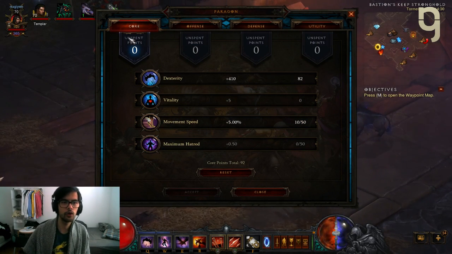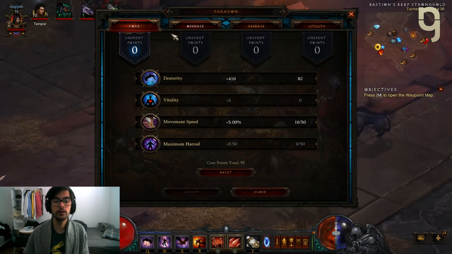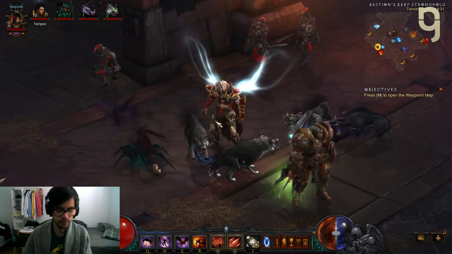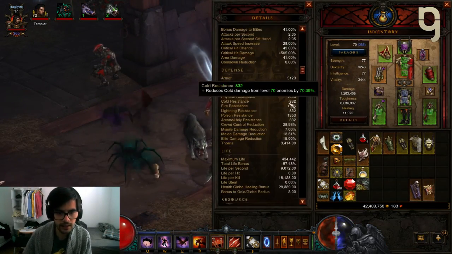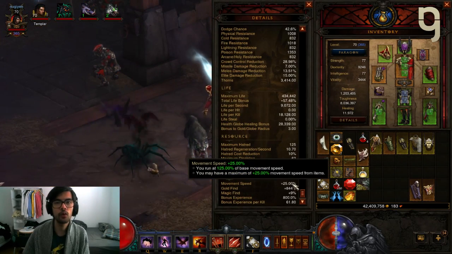So let's go over the core ones first. The one thing you want to do to begin with is max out movement speed, in the sense that you want to get 25. You want to reach the cap. Where do I see if I reach the cap? Go into details, go in movement speed, you see 25. I have 25 because